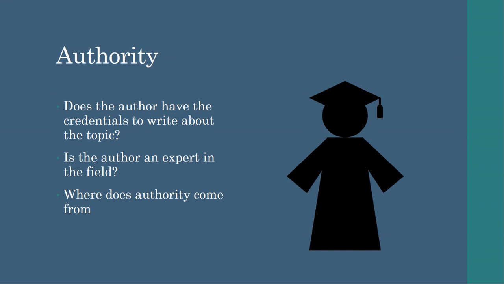Authority is often easier to determine for materials that come from the library. It may be difficult to determine authority for internet sources, especially when you can't find an author or can find nothing about the author. Sometimes you can use the organization that sponsors a website to grant authority to its content, if you can't do so for an individual author. However, you may be left with having to research the author, which takes up some of the time budgeted for doing your research.